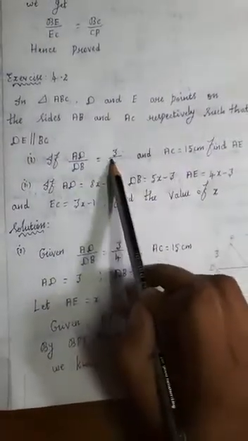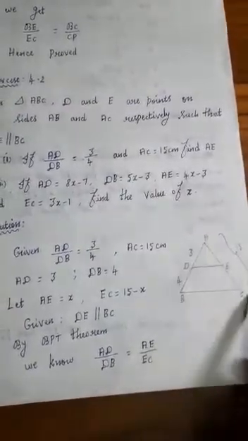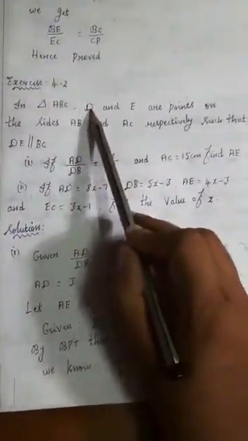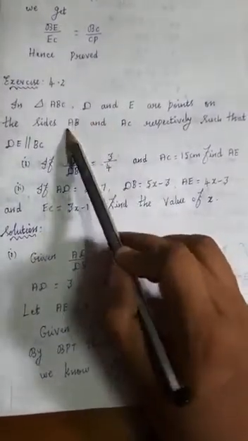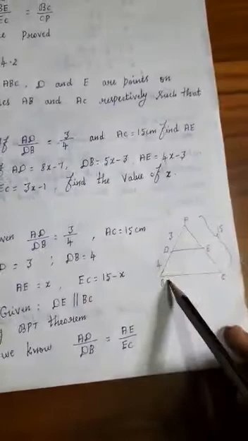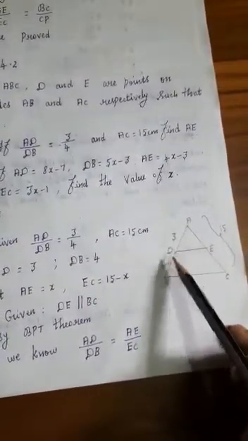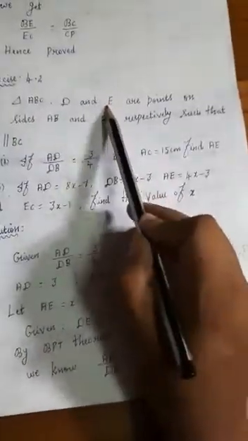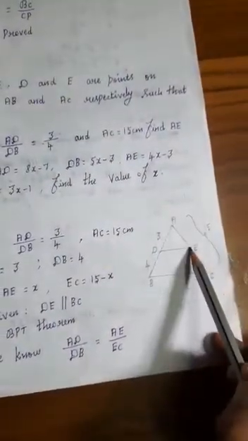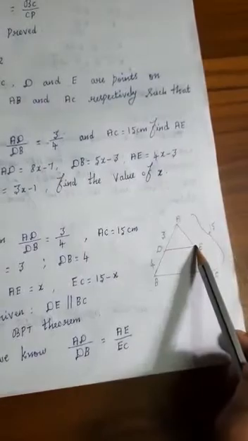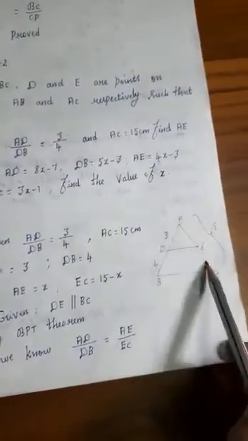Now we are going to see the first question. First draw the diagram. In a triangle ABC, draw the triangle and label it ABC. D is a point on AB, E is a point on AC. So on the length AB, D is a point. Then on the length AC, E is a point. Make this E and join the line.